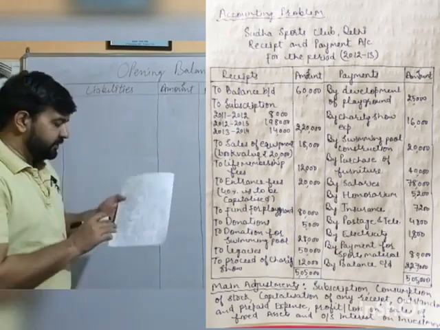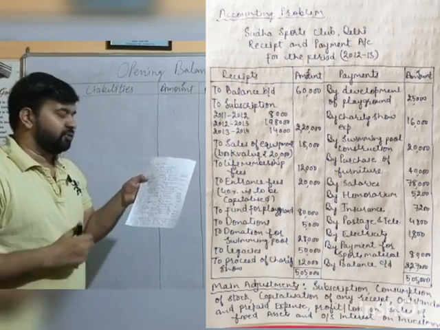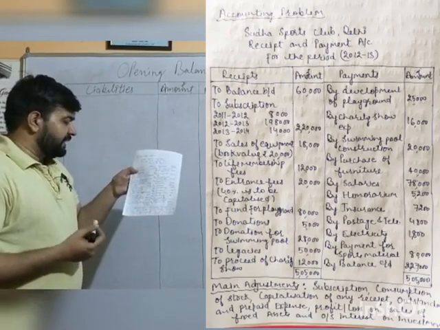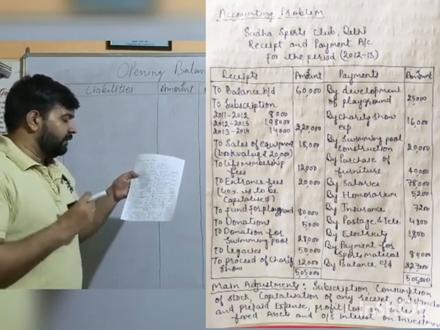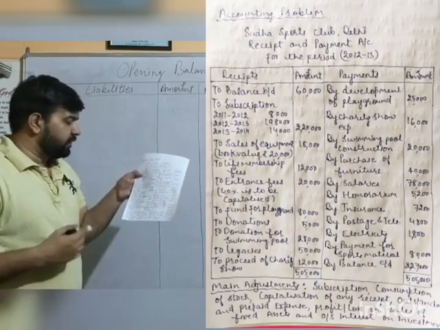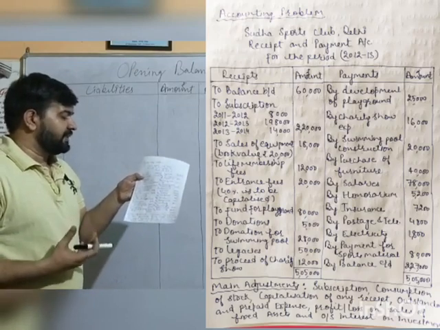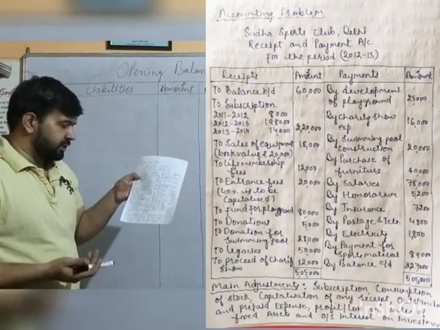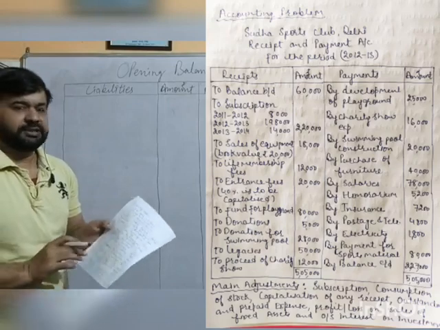Thereafter we have life membership fees, which is a capital nature receipt to be transferred to the liability side of the closing balance sheet. Entrance fees, 40% is to be capitalized. Here we are provided with the clear instruction that whatever amount we have received in the name of entrance fees, which is given as 20,000, 40% of it is to be capitalized. That means we add 40%, that is 8,000 of 20,000, into the capital fund at the end of the financial year, and the remaining 12,000 will be transferred to the income side of the income and expenditure account.